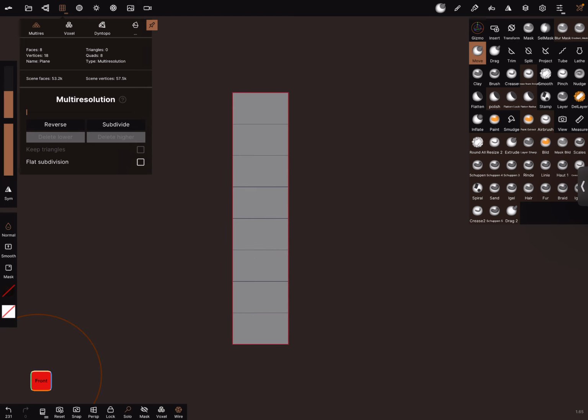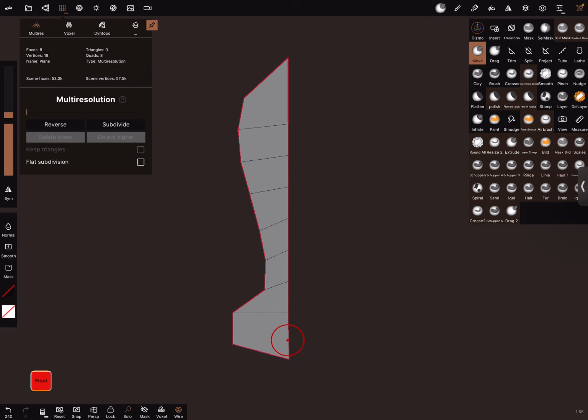We can use the move brush, normal function off, symmetry off, and adjust the radius a little bit. And let's sculpt the half side of a leaf. I think it's real thin. I think it's okay.